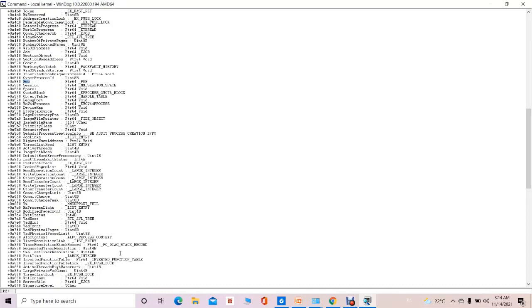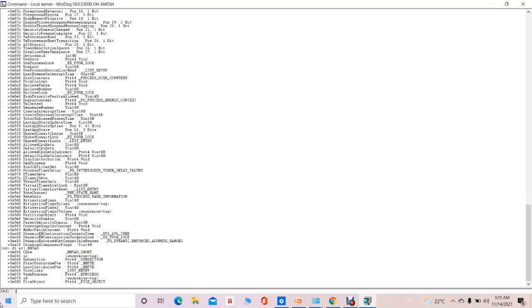Now we'll see another structure, the VAD structure. To see the various fields in the VAD structure, we can use the command dt space, then an exclamation mark, underscore MMVAD. By using _MMVAD, we can get the structure of the VAD.